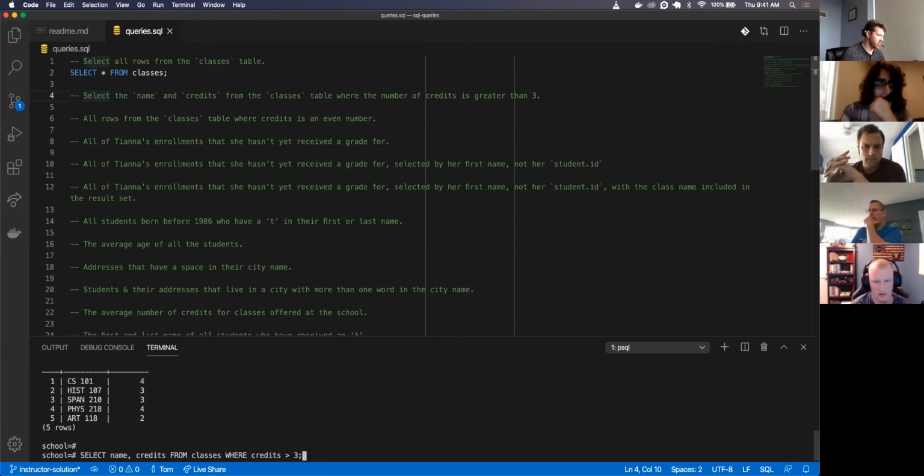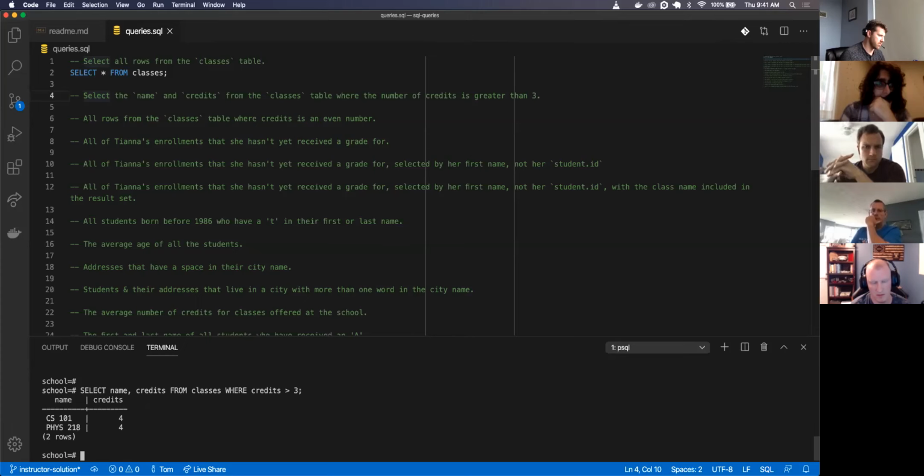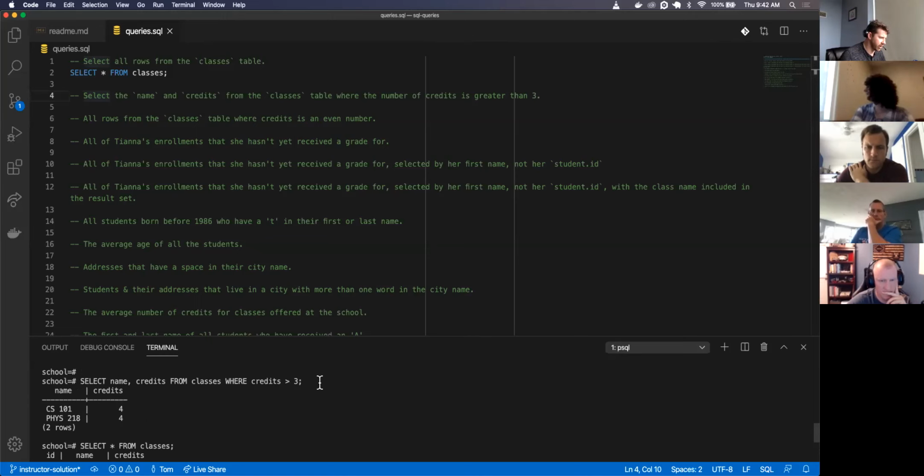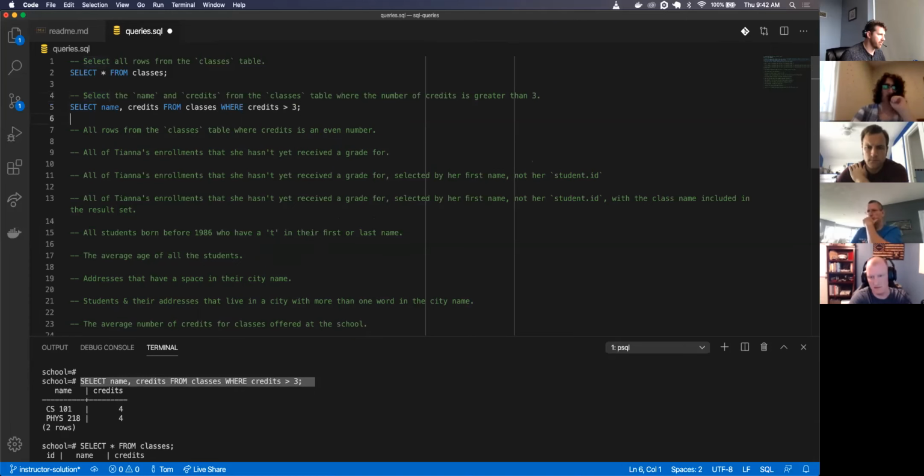All right, let's see if that works. Cool. I can also select star from classes, I just want to see all the classes. So yep, there's Physics and CS. Great. I'll copy that up there.